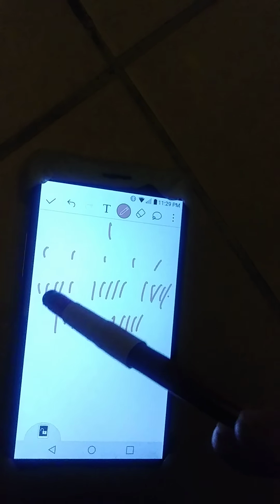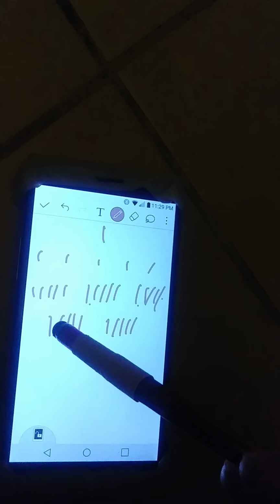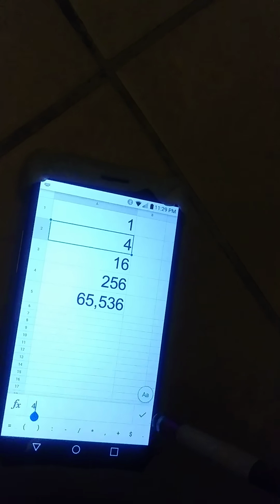So I could do the math here. My point is with the picture to simplify it, but I'm going to do the math and count. So I've got 5 times 5, that gets me 25. But I'm also going to count: 1, 2, 3, 4, 5, 6, 7, 8, 9, 10, 11, 12, 13, 14, 15, 16, 17, 18, 19, 20, 21, 22, 23, 24, 25. So if I use a spreadsheet to do the more efficient way, this 4 gets changed to a 5.